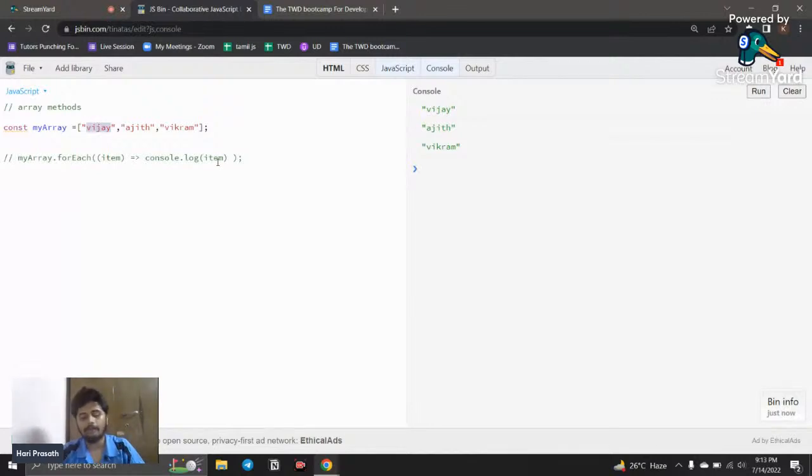But here, when I use the map method, it iterates over these values and it returns a new array instead of just getting the element and doing some work. I can give an example. For example, instead of Vijay, I'll just say 1, and here I'll say 2, and here I'll say 3. Okay, so there are 3 items. So if I run this code,